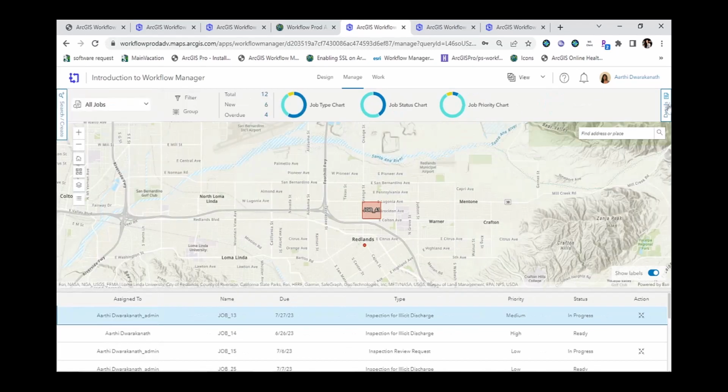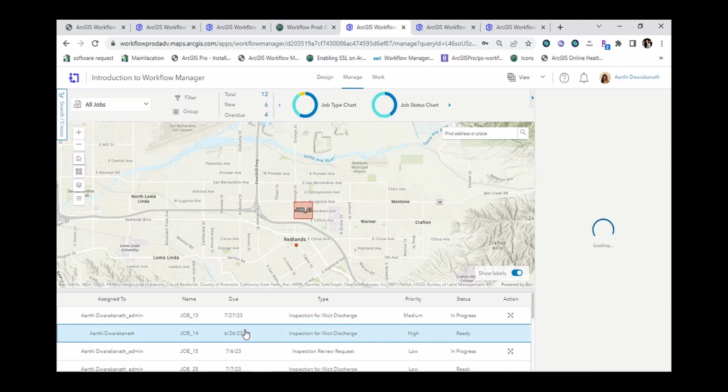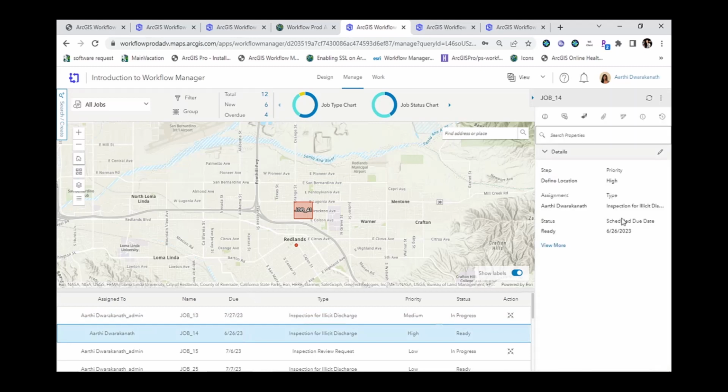I can also view the job details that we saw on the work page to view all the information about the job. The job detail pane can be used to edit the job and also update some of the other priority, status, type on the job itself. Let's go ahead and do that. I just received word that job 14 needs to be put on hold. So I can do that by going to the holds tab here